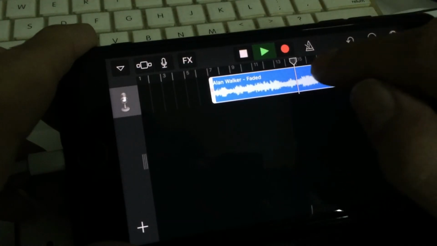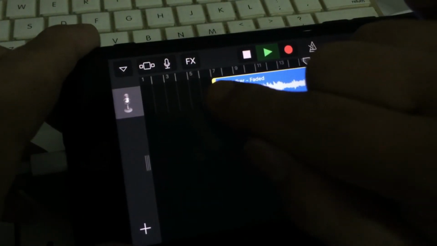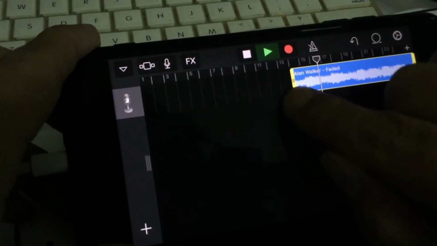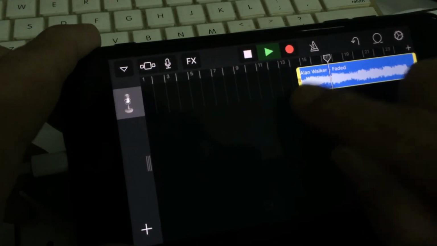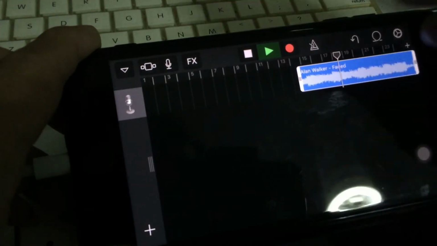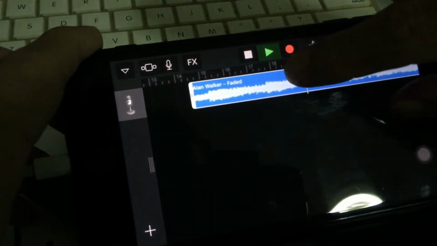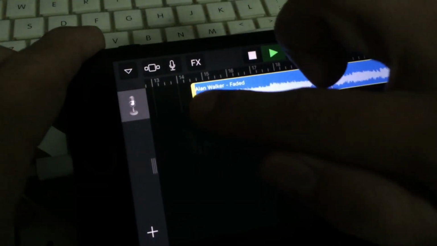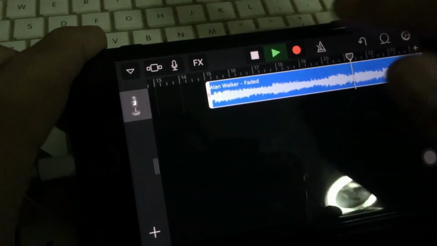Okay, so let's say we want to start over here. You can just drag this over here. If you want to edit, you can pinch out to do a final adjustment.